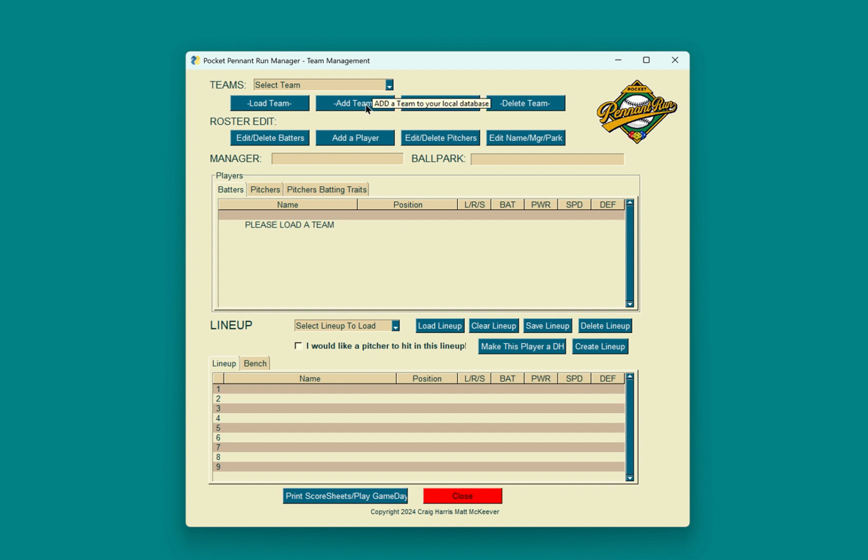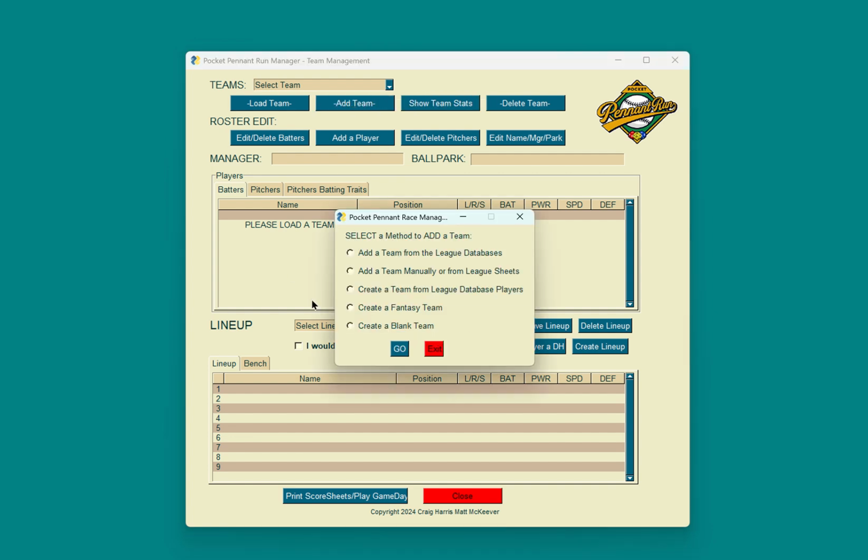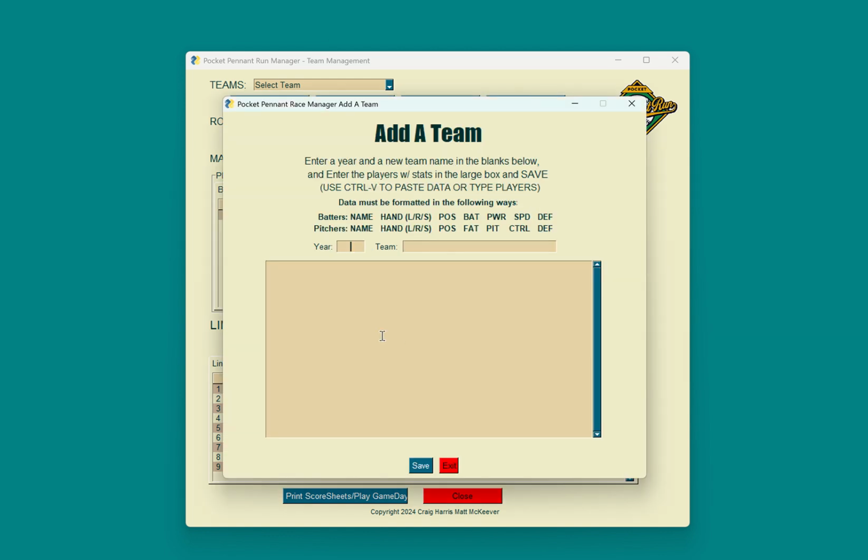So you click Add Team, and then you create a team, add a team manually or from league sheets. So you click that, and then you press Go, and that will bring up this year. So we're going to use the sample, the Boston Minutemen, my 2024 Sage champions. So we put in the year that they were actually